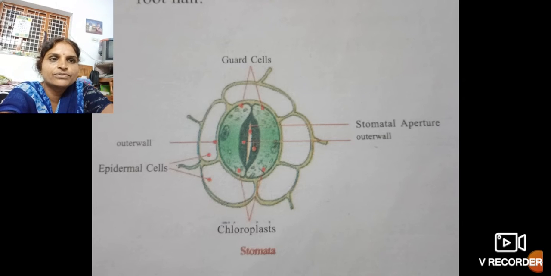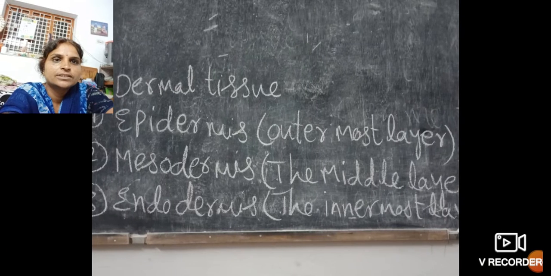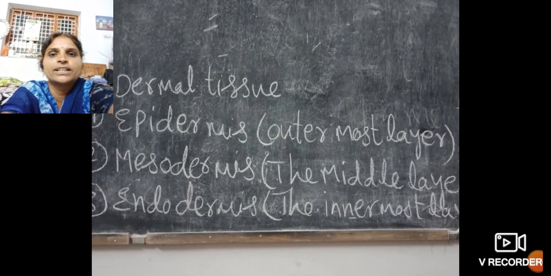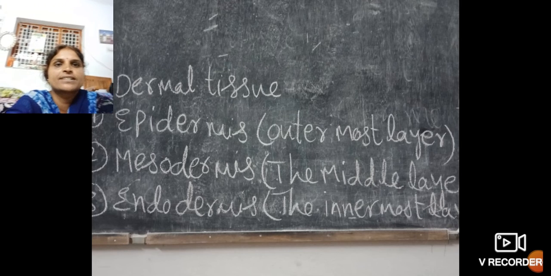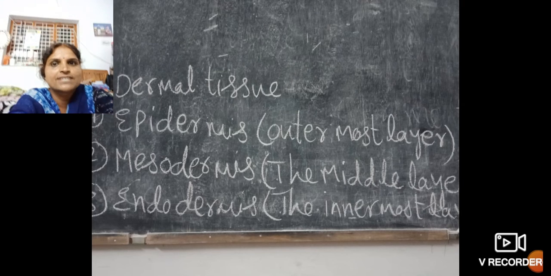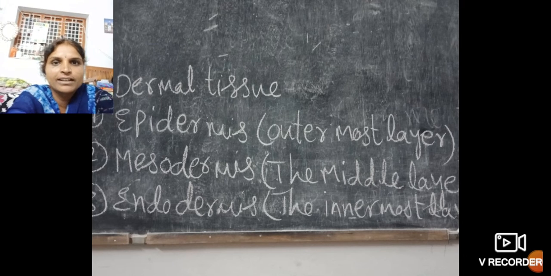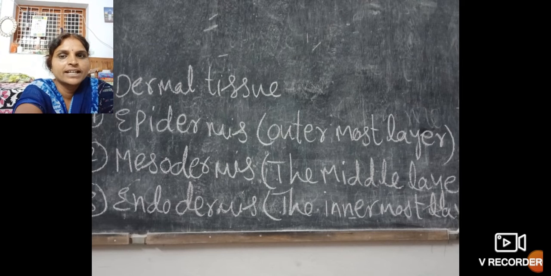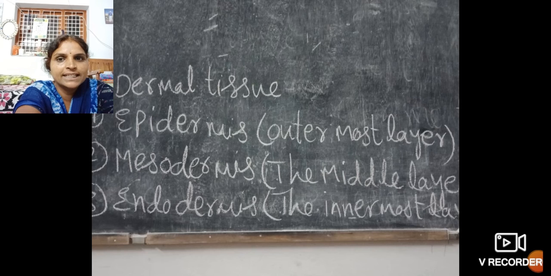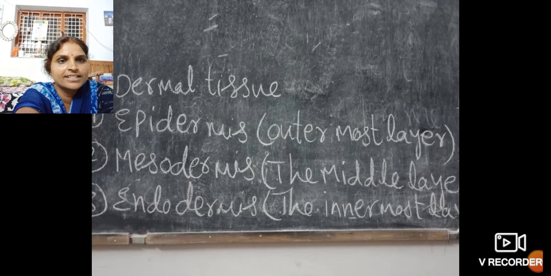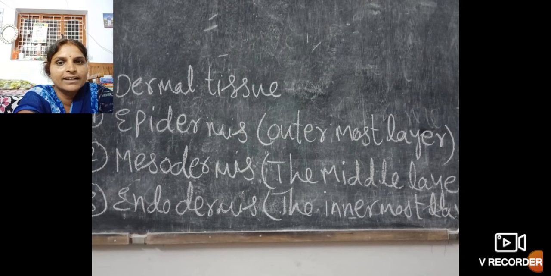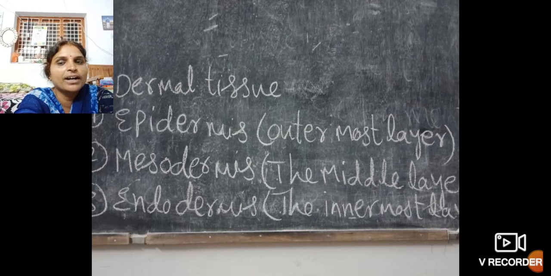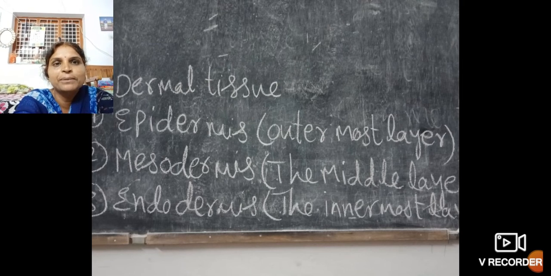What is the help of dermal tissue? The dermal tissue protects the plants from loss of water, mechanical damage like breaking and splitting of branches, and invasion of parasitic disease-causing organisms. In big trees, the dermal tissue forms several layers above the epidermis. It is called bark.